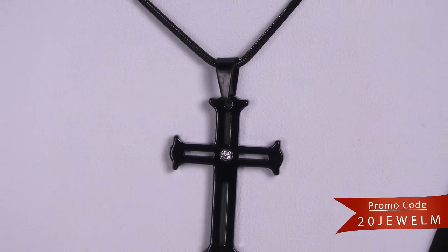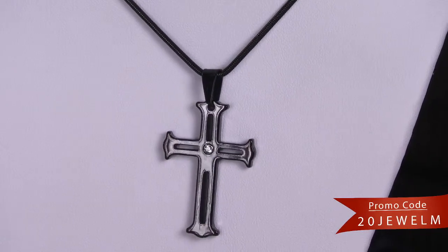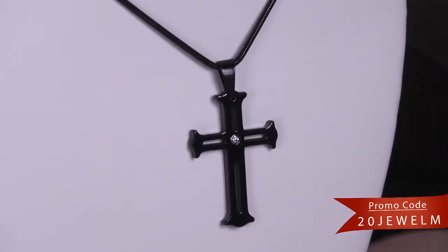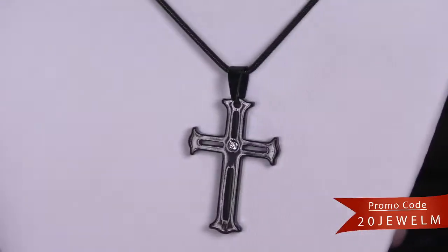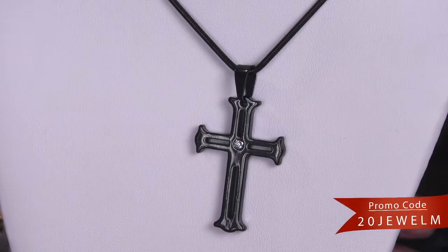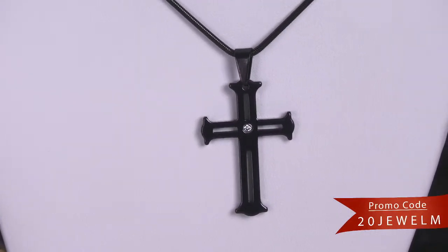I really like the sparkle. I think the black in combination with the sparkle is a really special combination. It's not something you see every day, but if you're someone who likes wearing black like I do, I think this is a piece that's going to suit you. It has that nice dark vibe. That dark vibe, yeah. It's kind of bringing me back to my goth days when I was a